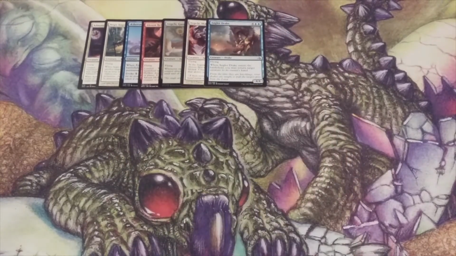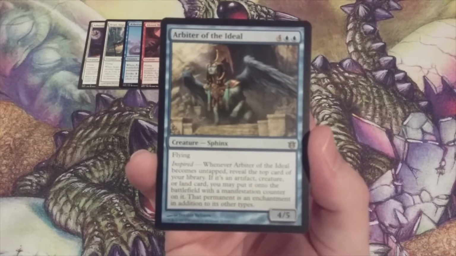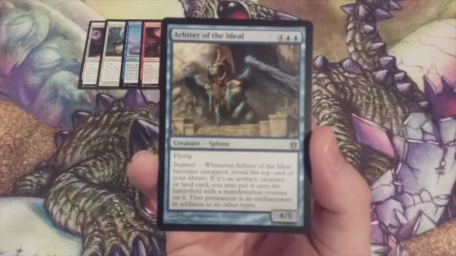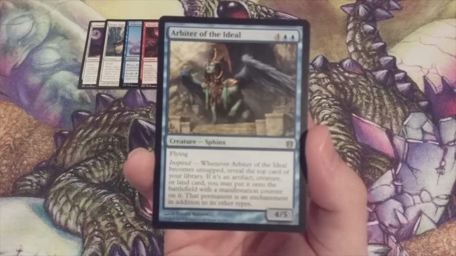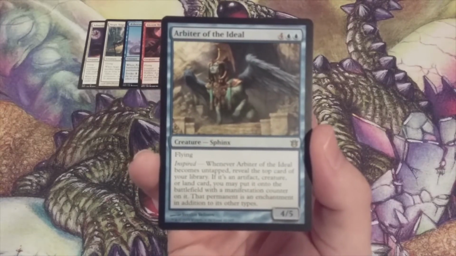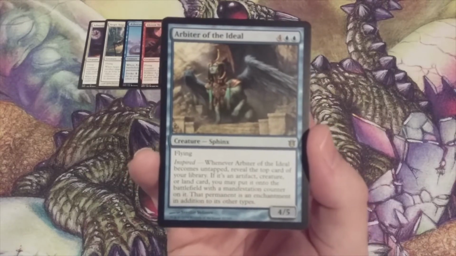Okay, next up, creature card number 8, staying with blue flyers, but this time it's Arbiter of the Ideal, a 4/5 flying Sphinx with the Inspired mechanic. Since this is such a big flyer for an investment of 6, it seems likely we'll be able to untap with this and actually utilize the Inspired ability. And when we do,